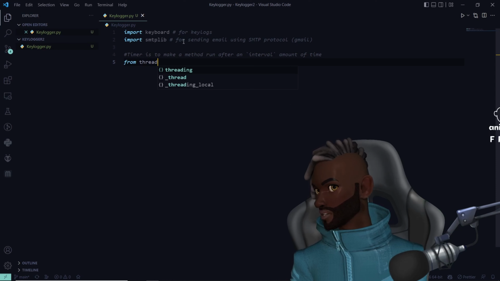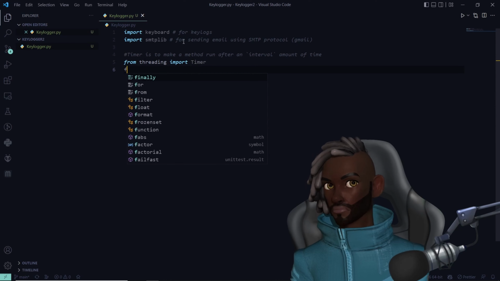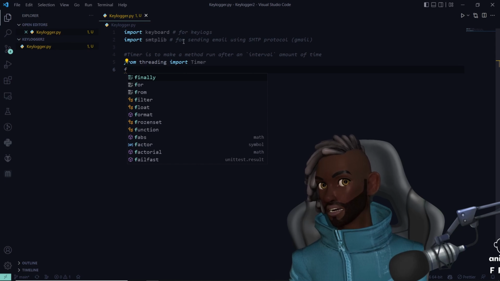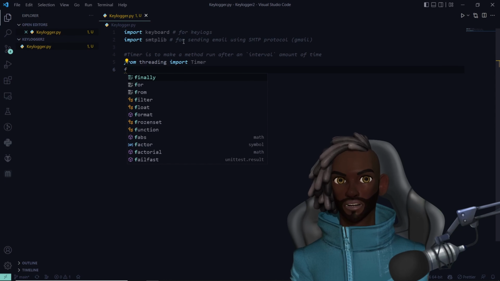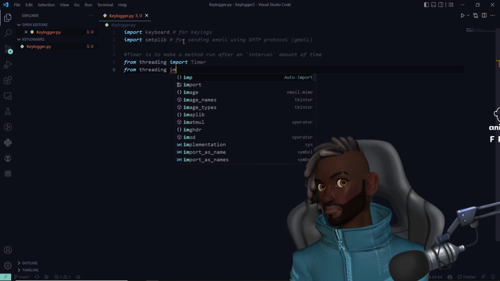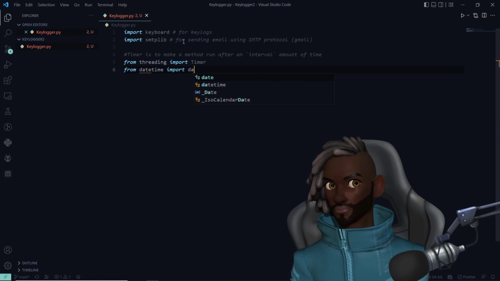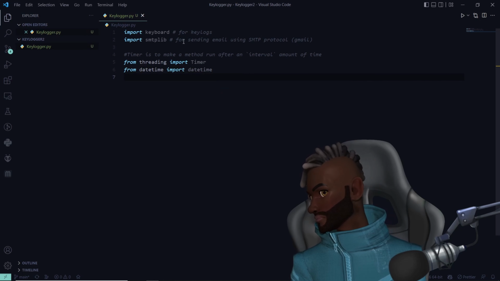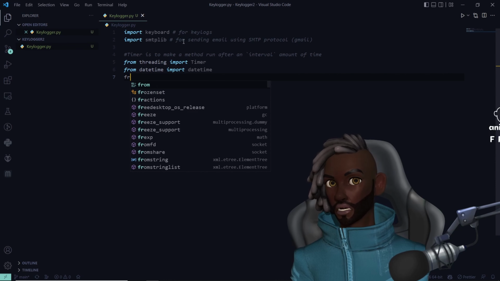Okay, from threading, import Timer. So the timer is so we can run things at an interval. So basically, every set couple of seconds, it will record something, or it'll start at an interval amount of time. And now we're going to import the email libraries